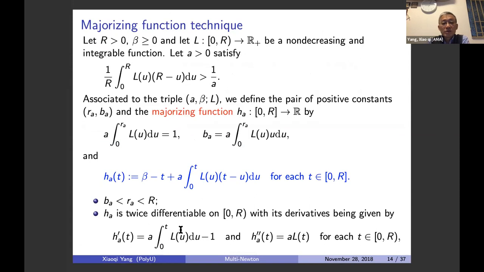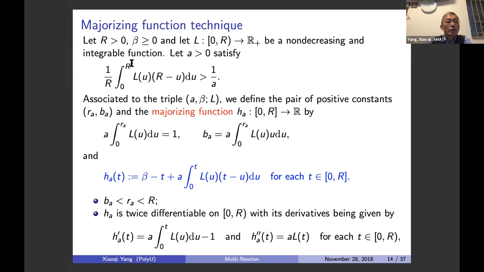What's new in this work is the so-called majorizing function technique. We have an L function, which is non-decreasing and integrable. We have this L function here from 0 to R. Remember, this R here is an open, half open interval. In that way,